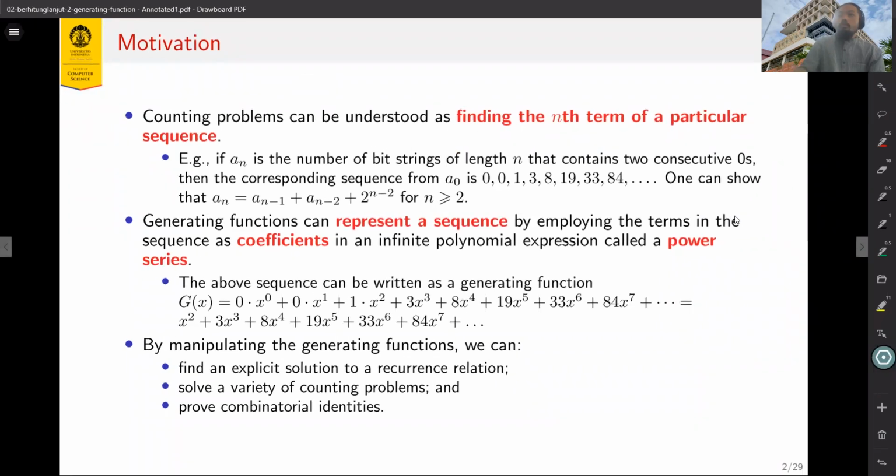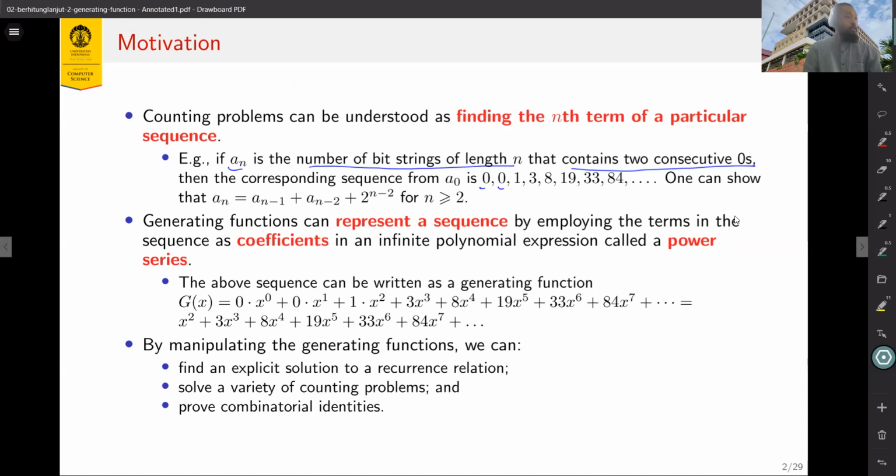We want to find the number of bit strings of length n that contain 2 consecutive zeros, then we model it as a sequence, where in the sequence a_n represents the number of bit strings of length n that contain 2 consecutive zeros. So for example,